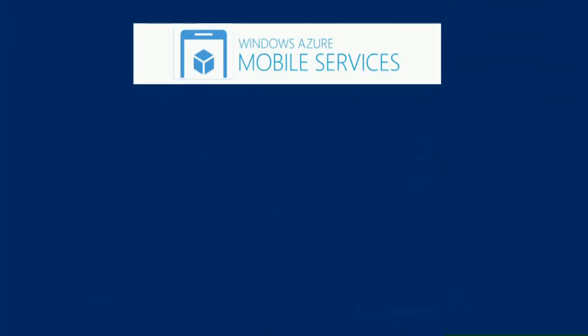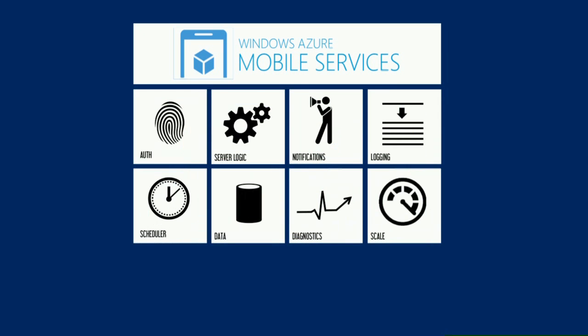So this talk is about Windows Azure Mobile Services, which is a backend as a service built into Windows Azure. And so it gives you a ready-made way of storing data in a SQL Azure database, of doing authentication against various providers like Facebook and Twitter and such like, writing custom logic in JavaScript that runs in a Node backend, sending push notifications to Apple, Microsoft, and Google mobile devices, running scheduled tasks at particular times of day, boring things like diagnostics logging, and, of course, being able to scale up to handle a lot of traffic.